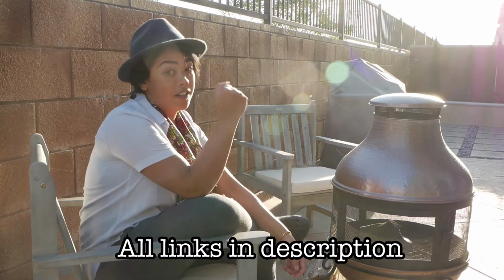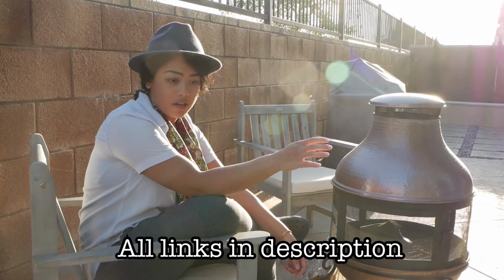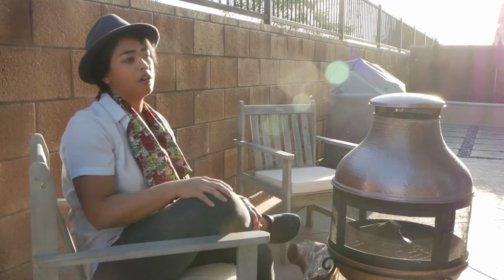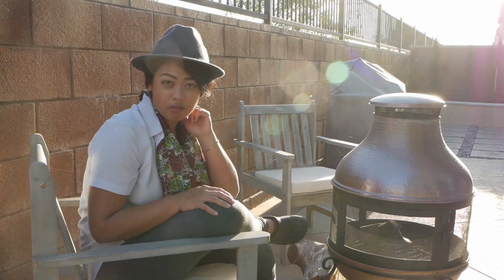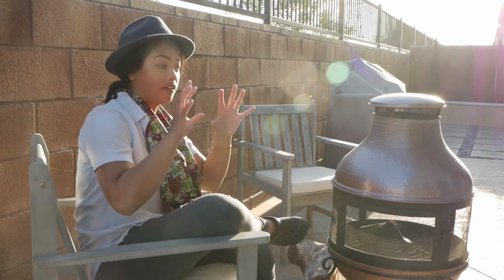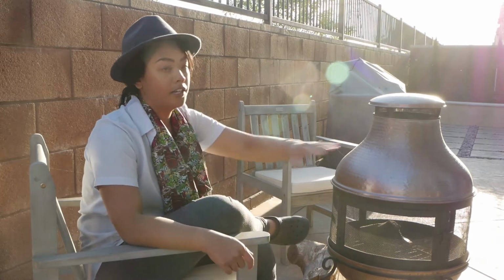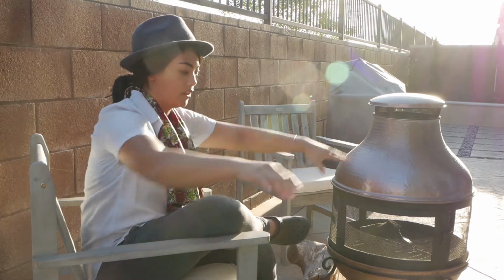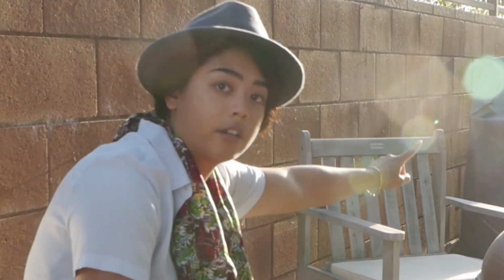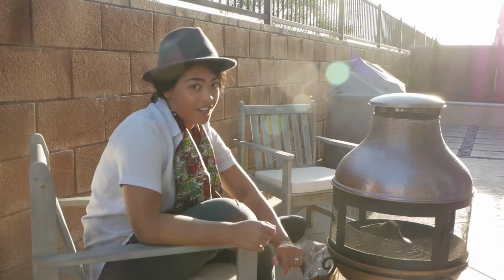There were so many concepts, even before we bought the house, of what we were going to do, because in our last house, it was all about not seeing the neighbors, which we always saw and always heard, and it was so disturbing. We had this beautiful view that overlooked the 91 freeway and the rest of the city, and it was awesome. It was great. The problem was that you could never appreciate it. You could never enjoy it because there was always a dog barking on this side, another dog barking on that side. When we picked this house,